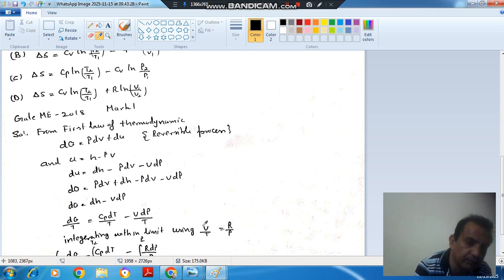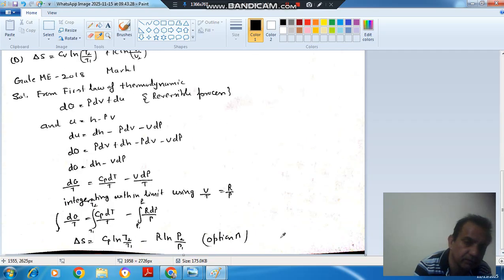And if we put v by T is equal to R by p, then integrating it within the limits, dq by T will be ds, or its integration will be your del S, the change in entropy, and its integration will be Cp ln T2 by T1 minus R ln P2 by P1. So answer is option